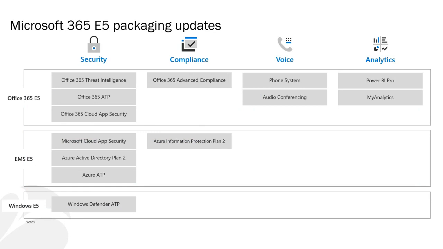So what's happened and how did they put these together? If you look at the security pillar, let's have a look at that first. There's been a couple of changes, so look carefully around the Office 365 Threat Intelligence, ATP, and Cloud App Security piece, because the slide builds out. I'm not sure if everyone's familiar with Threat Intelligence. We didn't speak too much about that, but it gives you some great insight and tools,